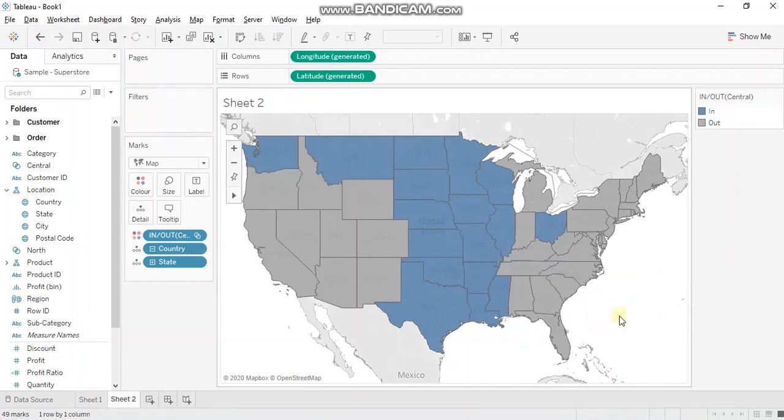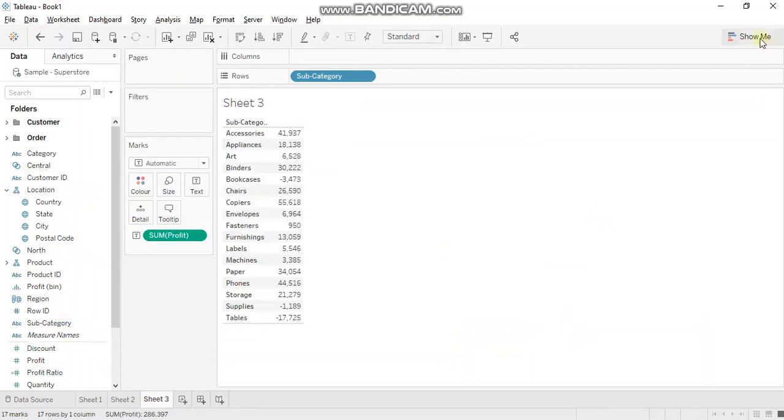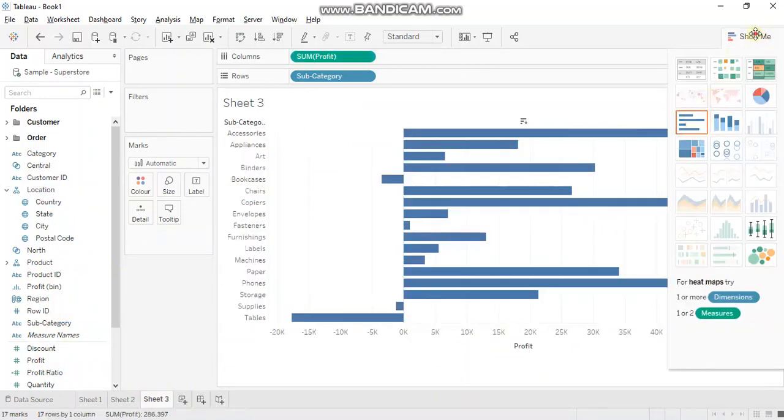Another difference between sets and groups is that sets allow you to create conditions or formulas based on measures, but that is not the case with groups. Let's see what is the relevance of this functionality. Let's visualize subcategory profit-wise in a bar chart.